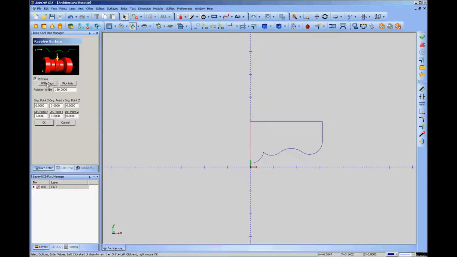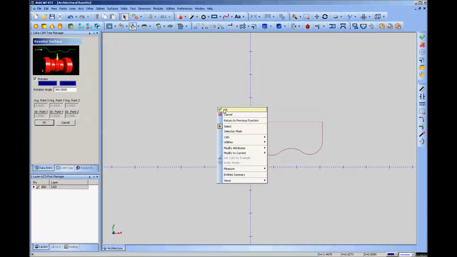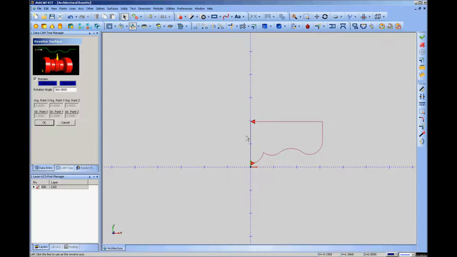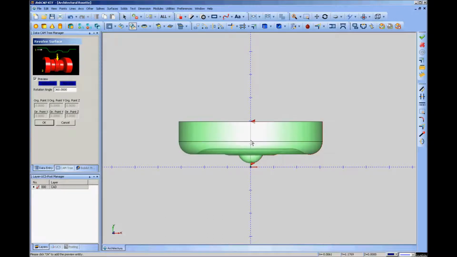So first of all, I want to check caps so that it'll make it a solid. I want to check pick axis because I'm going to select this line as my axis, and I want to change the rotation angle to 360. Now once I've got those all set, start selecting the chain: click there, and then hold down shift and click there, and you can see it starts here, selects all this geometry around to this point. I confirm it by hitting the space bar, clicking OK, and you get prompted for this down here in the lower left hand corner. Then I click on the rotation axis,